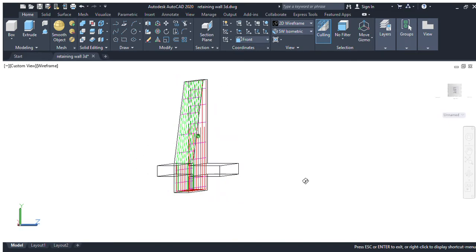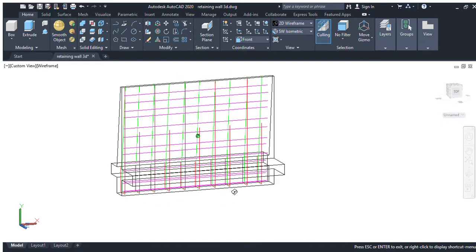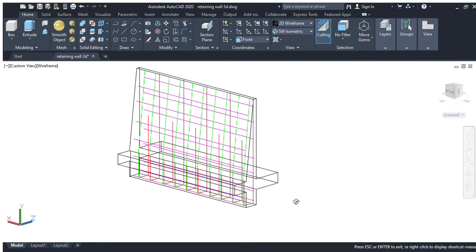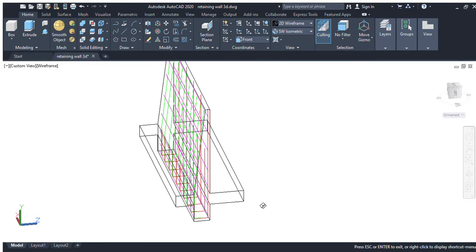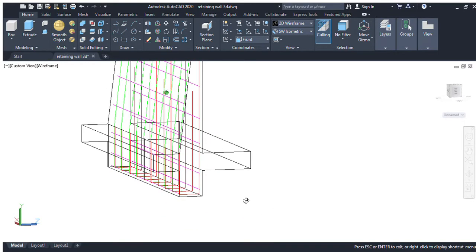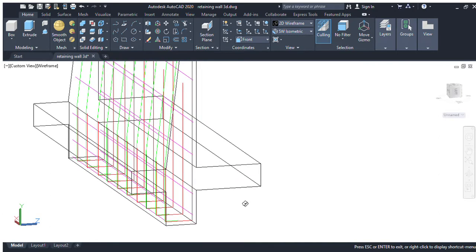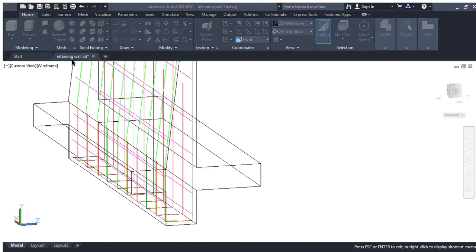Next, we can provide the base slab reinforcement. This is the earth load acting on the top portion. The maximum bending moment in the main bars is on the top portion only. This is the uplift pressure acting on the earth side. The main reinforcement is provided on the bottom side. You can see the reinforcement, both tension main bars and compression bars.